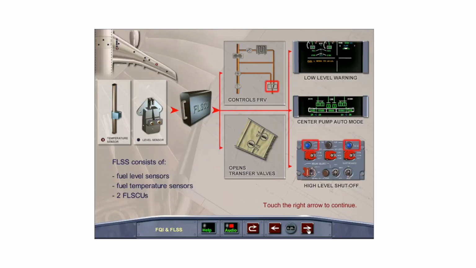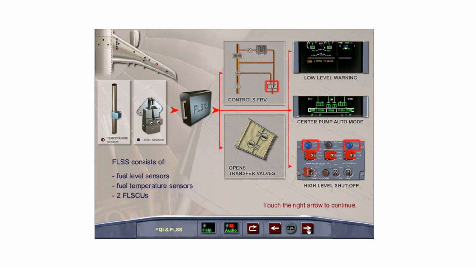The Fuel Level Sensing System, or FLSS, consists of fuel level sensors and fuel temperature sensors installed in various locations throughout the fuel tanks and two fuel level sensing control units, or FLSCUs. The FLSCUs continuously monitor the fuel level and temperature sensors and use this data for the following: